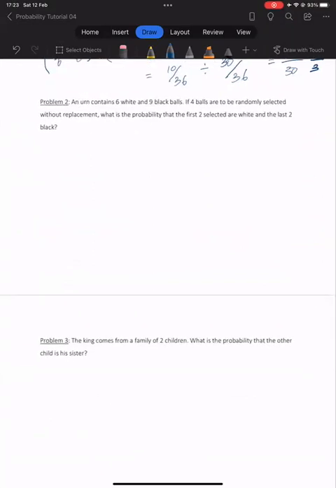An urn contains 6 white and then 9 black balls. If 4 balls are to be randomly selected without replacement, what is the probability that the first 2 selected are white and the last 2 are black? Okay, so I guess easy question है थोड़ा. So we have total 15 balls. And first 2 are white, so it becomes 6/15 into 5/14. And then the last 2 are black, so 9/13 and then